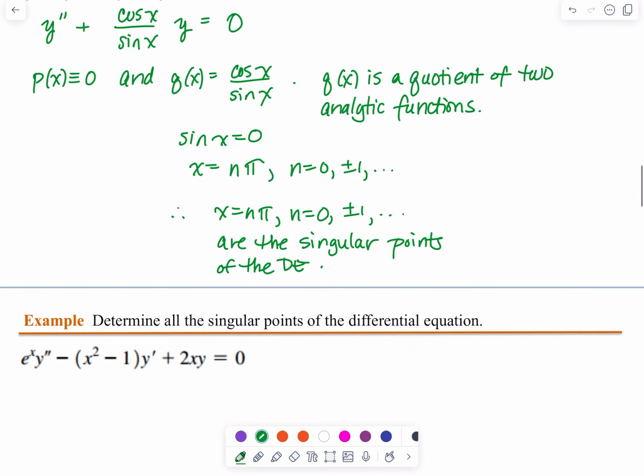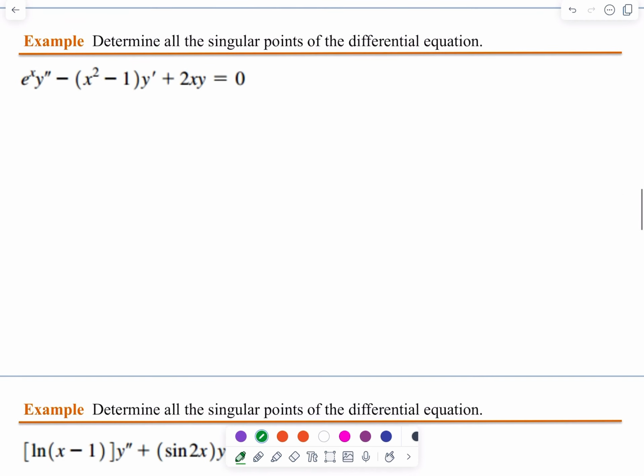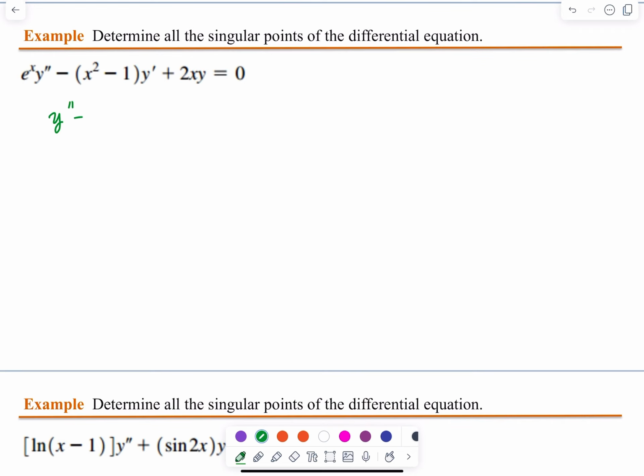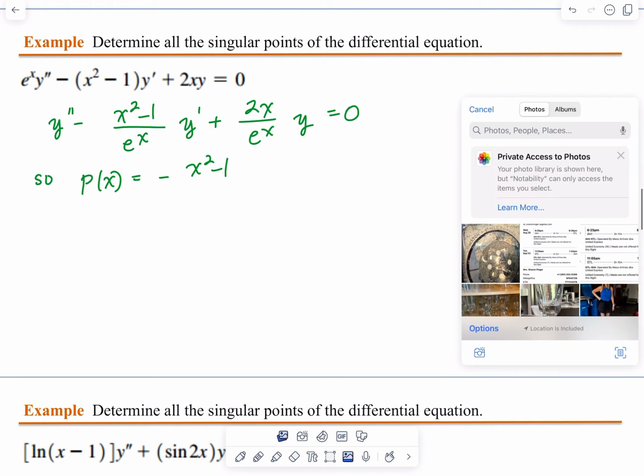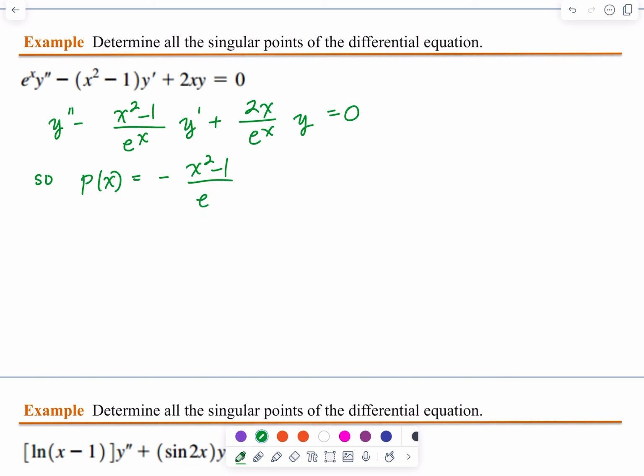Okay, let's take a look at our next example. And we have y double prime minus x squared minus 1 over e to the x y prime plus 2x divided by e to the x y is equal to 0. So we have p of x equal to the opposite of x squared minus 1 over e to the x, and we have q of x equal to 2x over e to the x. So both p of x and q of x are quotients